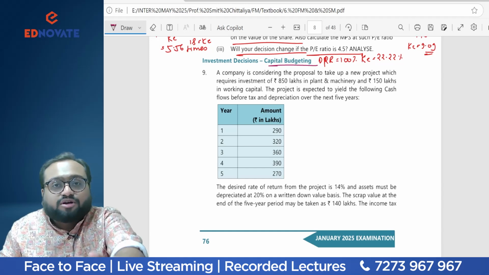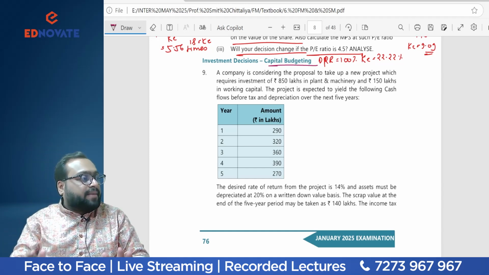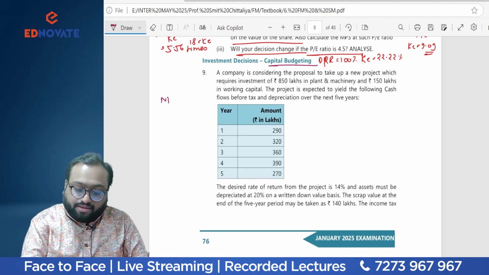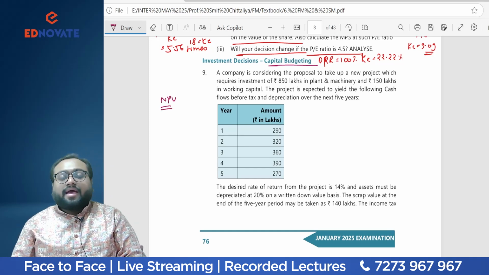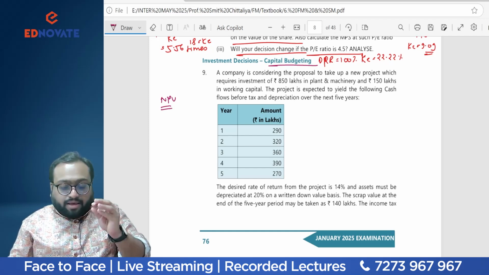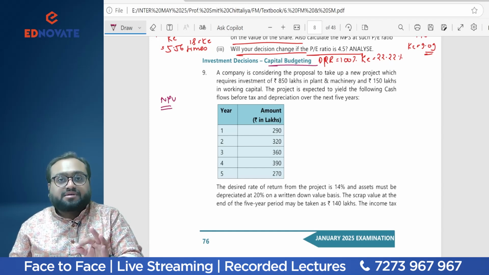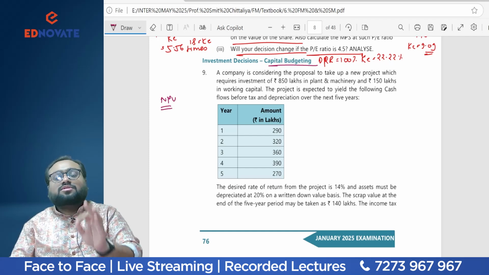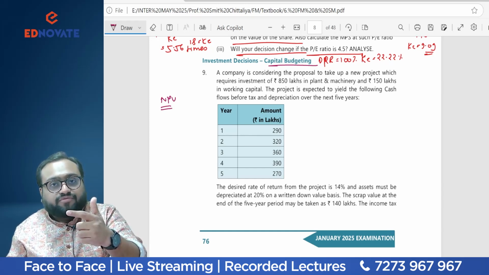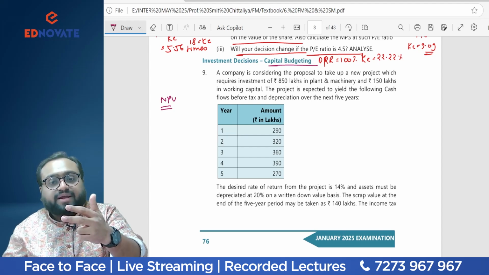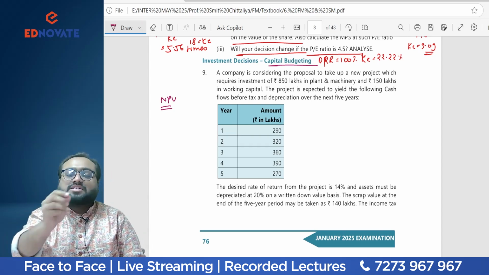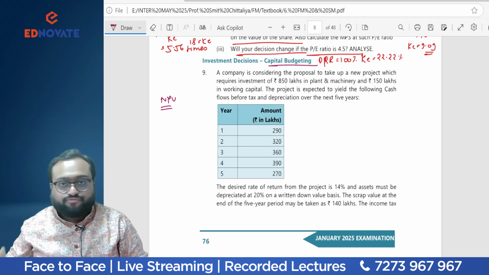Sir, why? Because it's an easy question, not a very difficult capital budgeting question. First thing, here we need to solve as per NPV method. And Ednovate students or non-Ednovate students, my one small request is NPV has only 3 steps. Any sum to solve on NPV method has only 3 steps. Calculation of present value of cash outflow, calculation of present value of cash inflow, calculation of net present value, and you find net present value as PVCI minus PVCO, present value of cash inflow minus present value of cash outflow.